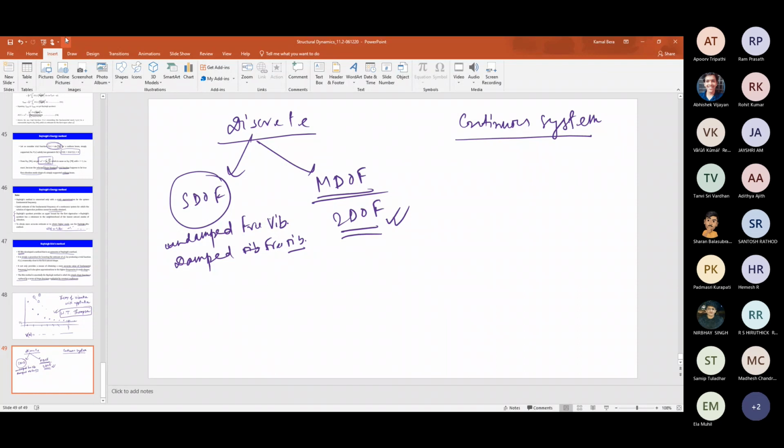And there we discussed the logarithmic decrement to find out the damping ratio, right? From the exponential decay of that response. Okay, so if we can find out the damping ratio zeta, then we move to the forced vibration, right? Forced vibration of a single degree of freedom system. In forced vibration, we first talk about the undamped forced vibration and damped forced vibration, and first we consider the harmonic loading, right? Harmonic load, that may be sinusoidal or cosine, right?